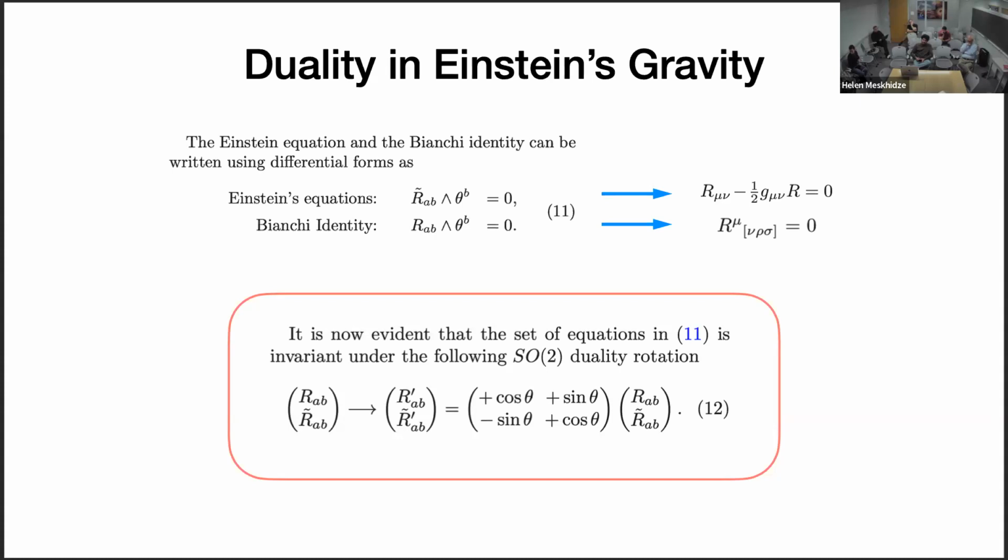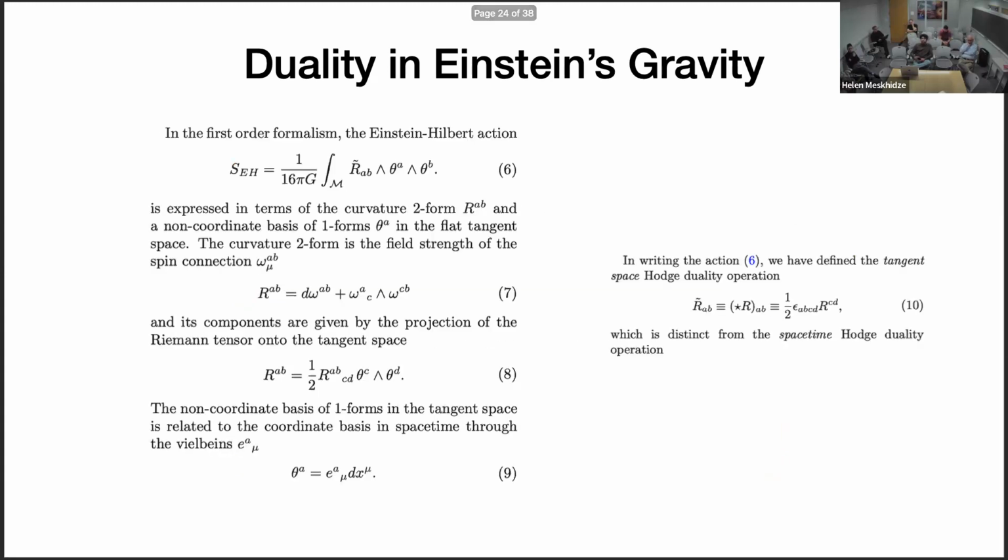Yes. And there are also different conventions for electric and magnetic components. I'm sure you're probably familiar with the Newman-Penrose formalism, and they also define electric and magnetic components. But the key is that in order to realize duality as a symmetry, you need to consider this operation on the curvature 2 form, which is also a very natural one because the curvature 2 form is the field strength of the spin connection. So that's very similar to the case in electrodynamics where duality acts on the field strength of the gauge field.